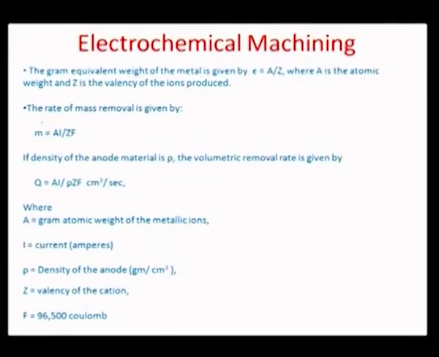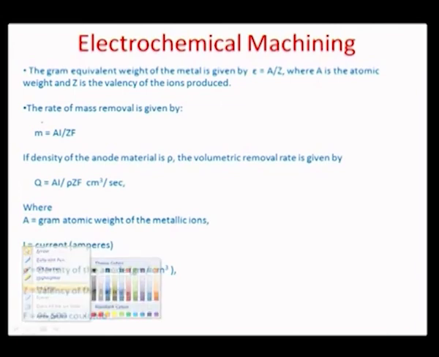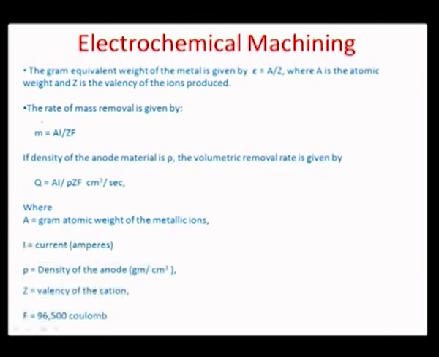So what we started doing is understanding how mass flow rate, in terms of deposition or dissolution in an electrochemical process, would happen, and it's given by Faraday's law. Faraday's law says that the total amount of mass removed is proportional to the current that is passed through the solution, the time for which it is passed, and something called epsilon, where epsilon is the equivalent atomic weight of a particular species, which means in turn that 1 mole of a species